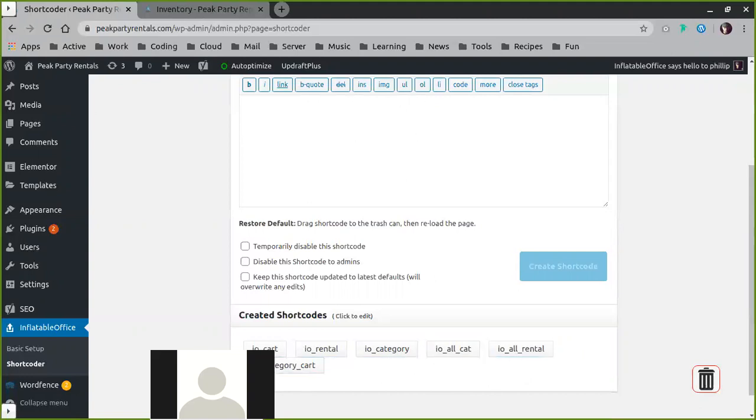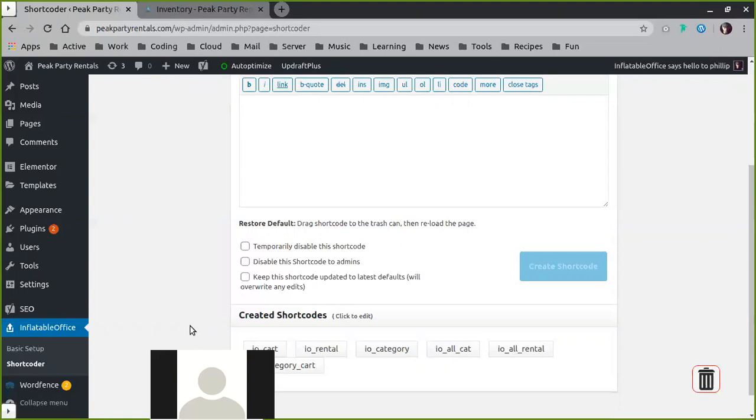Where there is some confusion is in these 2 cart ones. IO cart contains all of the code needed to actually create your cart and run your cart on your site. And category cart is just there to create a little bit of extra code that's needed for the cart to run on category pages. So again, you're not really ever going to need to touch these for the most part in a basic site,